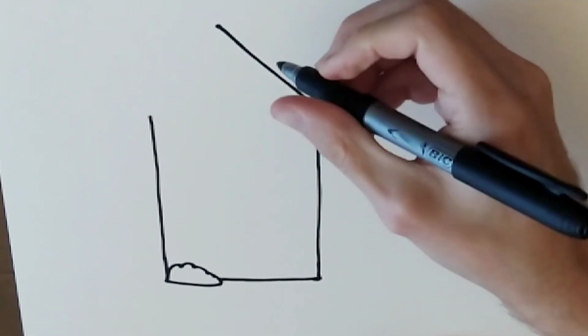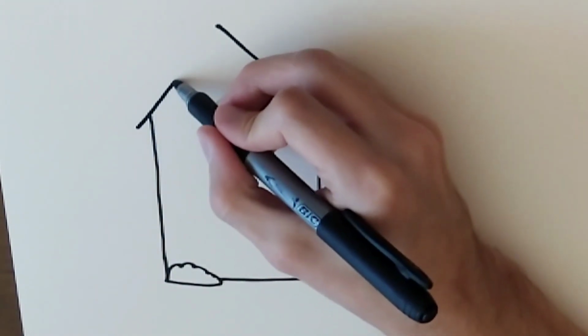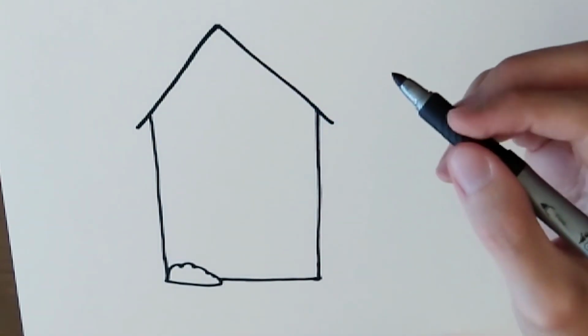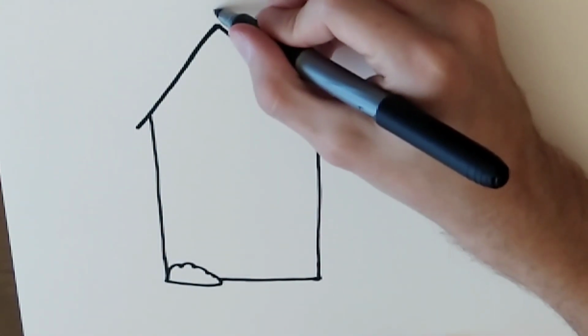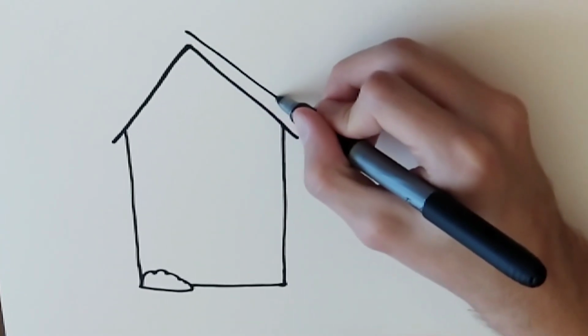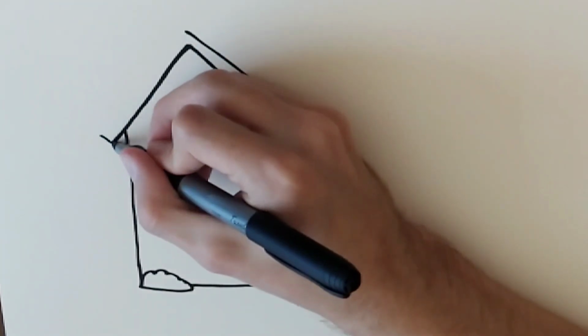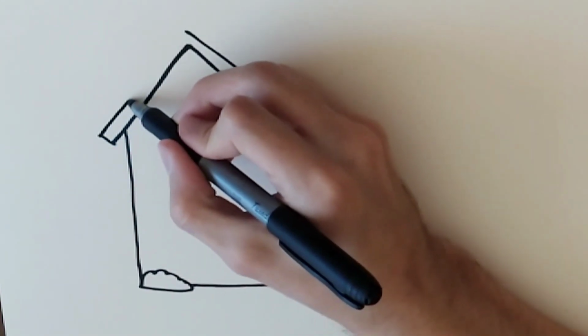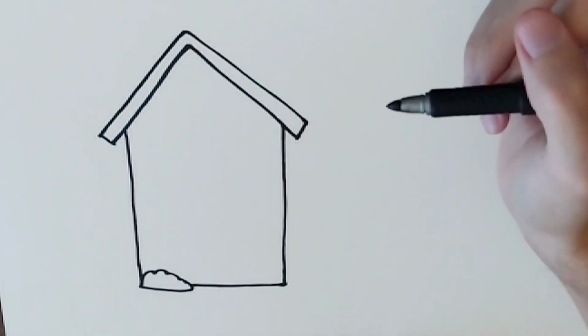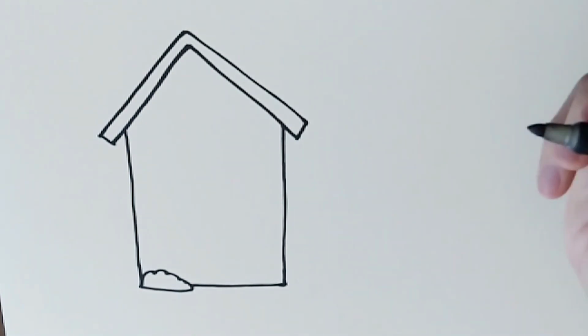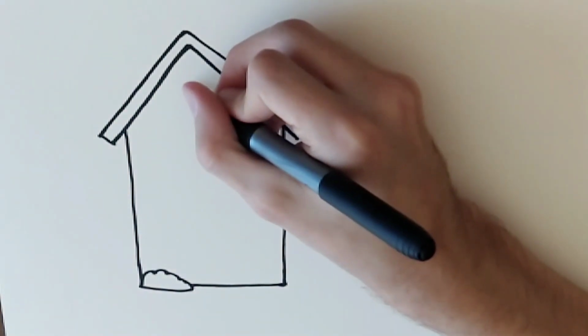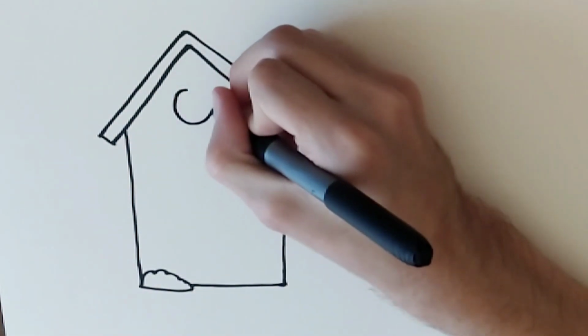draw this line and this line. Next step, you draw another line and connect. Here. Good job, friend. Next step, you draw a circle here